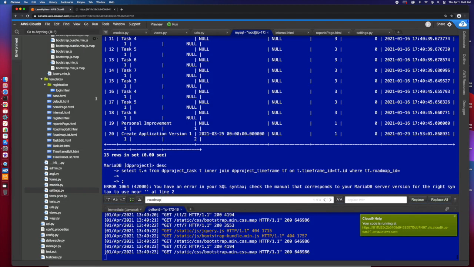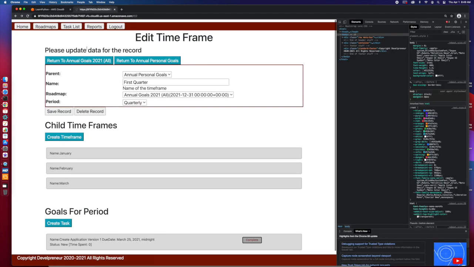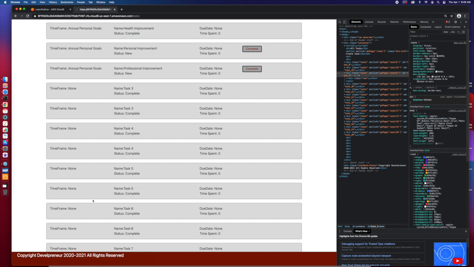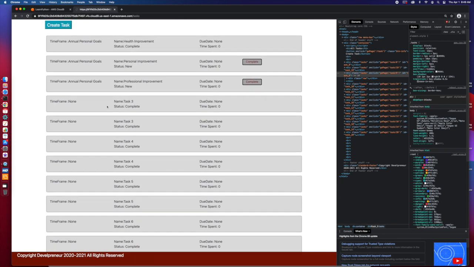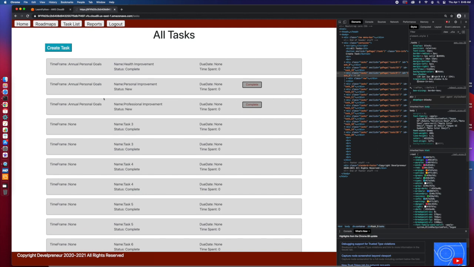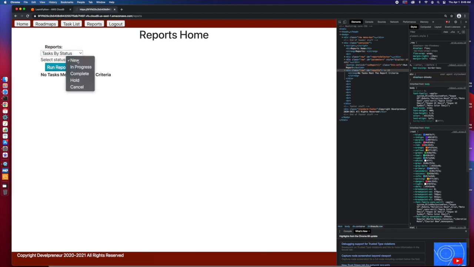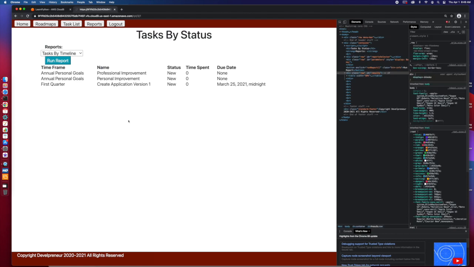But if we look at all tasks, if we go back here and look at our task list, we can see here, time frame none. Those technically should not exist. But even if they do, they're not tied to a roadmap. So we are good. Now, let's go back to our report. And if we look at by status, here's all of our new. I think what I'm going to do, we could do a couple different things here, but I think right now